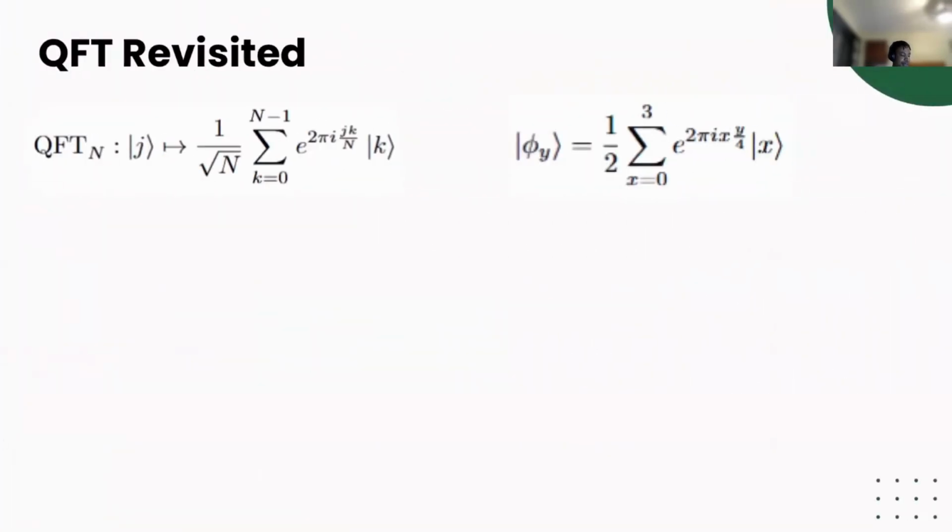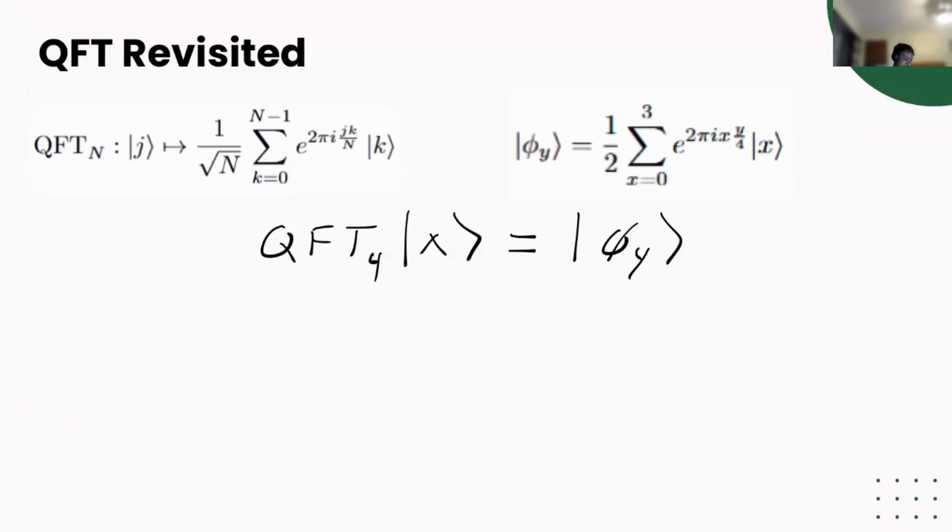And so here I've written out what the quantum Fourier transform is, just so you can refresh your memory. Looking at it, you can see the similarities of the state that we get from applying our controlled unitaries and our quantum Fourier transform. So in the special case of when y is guaranteed to be an integer value of 0 through 3 for 2 qubits, this is the same as defining the QFT for n equals 4. So QFT for 4 on some state, let's call it y, is going to be equal to this phi state that we get here in the special case.